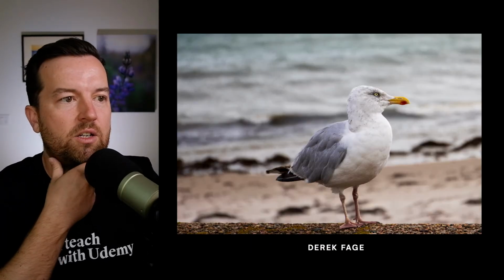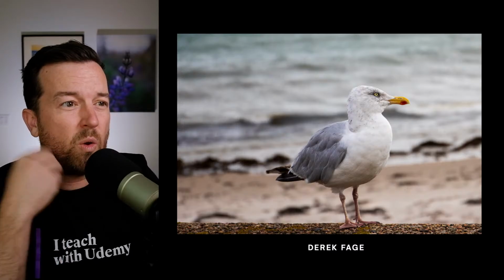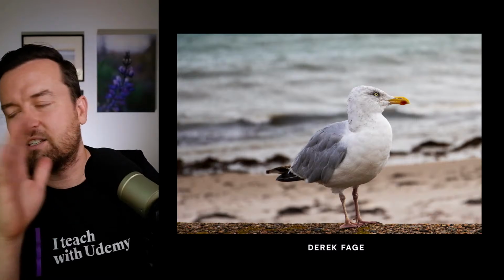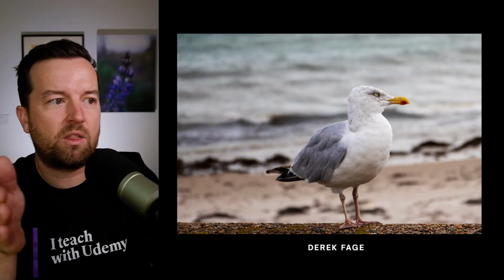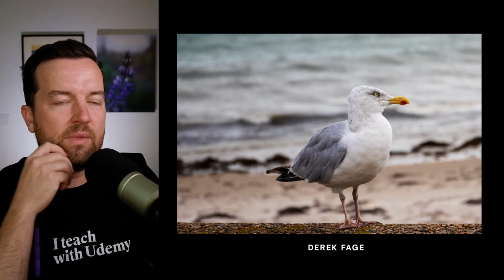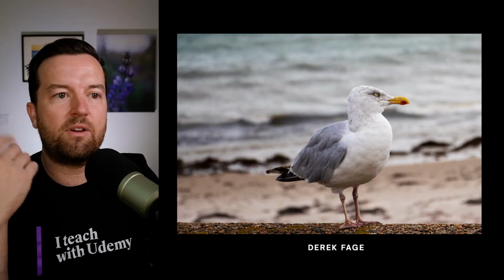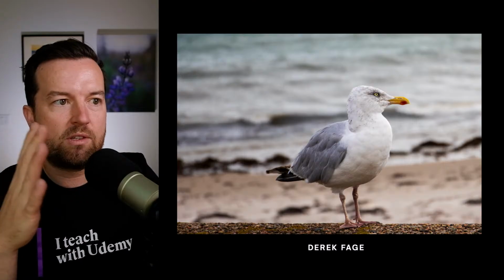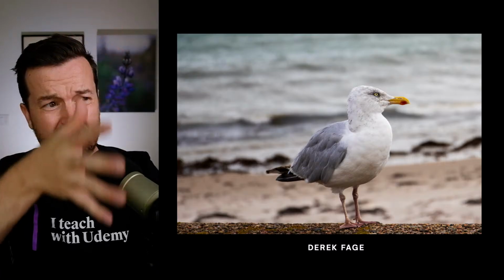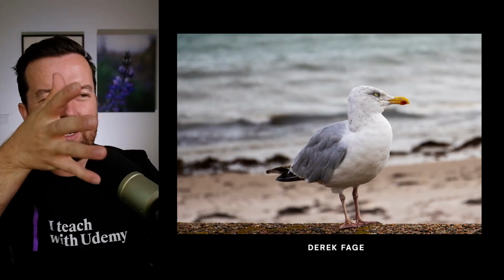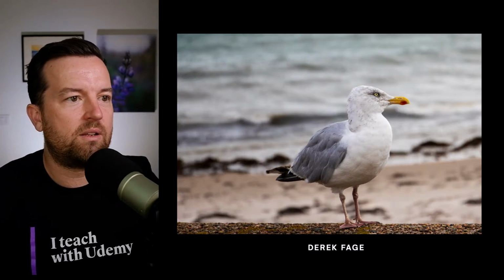Derek Siegel. Nice shallow depth of field. Really good photo. The only thing I would have done is, because the seagull is facing to the right of the photo, maybe put a little bit more space on the right side of the frame. That to me looks a little bit more natural when your subject is facing the side of a photo, putting more negative space on that side. You can kind of tell that the seagull itself is almost centered, but it's a little bit to the right of the frame. So I think that is the only thing I would suggest.